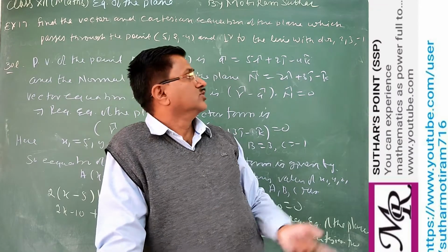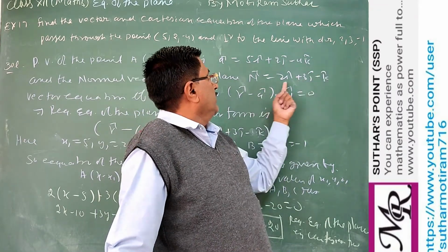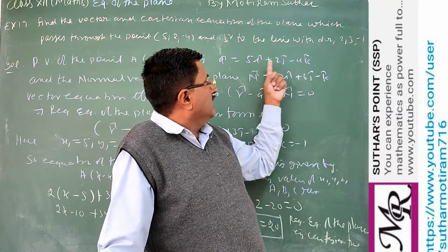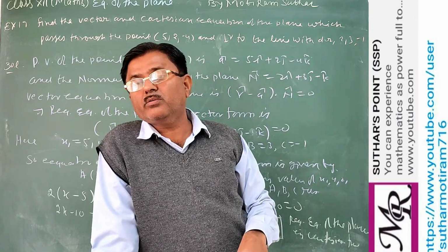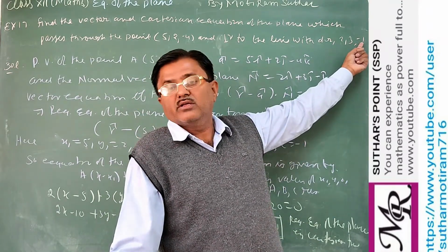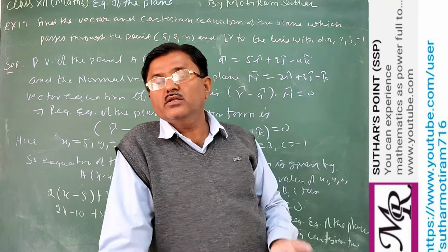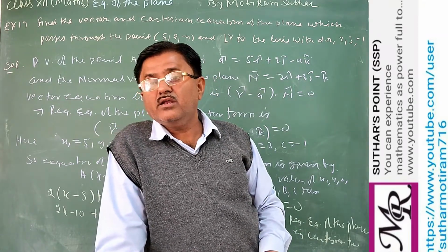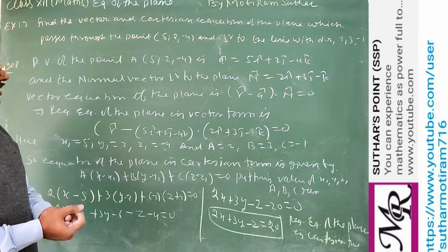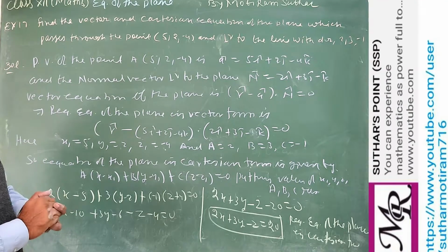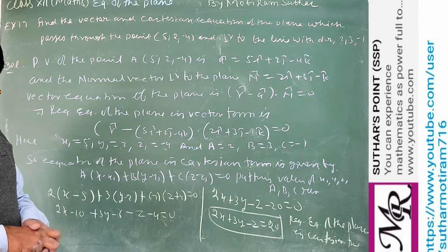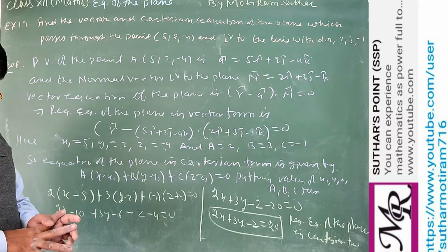That is very important again. So you put again i, j, k. So the normal vector will be 2i plus 3j minus k. When you use i, j, k, we have to find the vector form. And when you are not using i, j, k, only using 2, 3, minus 1, like A, B, C, then you have to write it, or you need it, in the Cartesian form. So dear student, it is very important to know how to find the Cartesian form or the vector form. So this is the equation of a plane perpendicular to a given vector and passing through a given point.